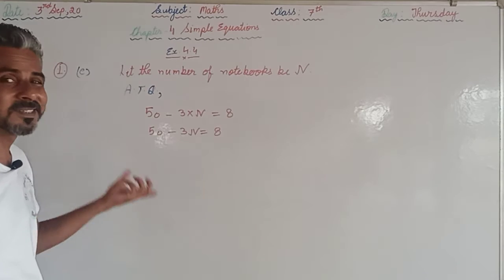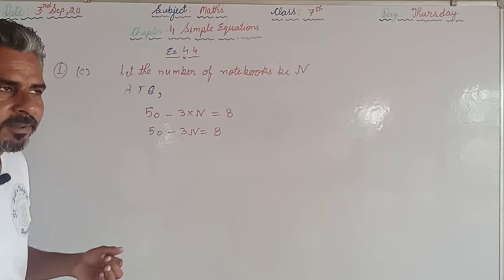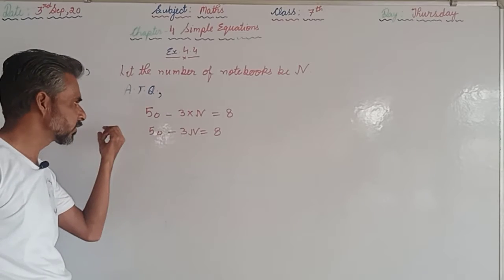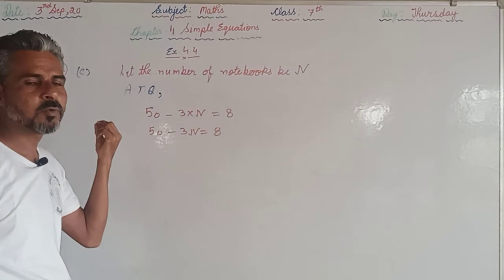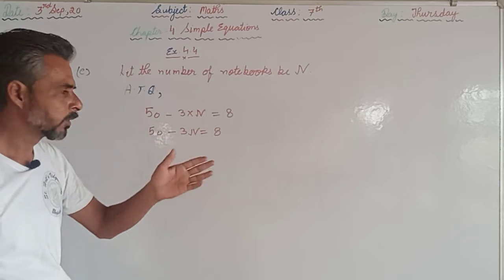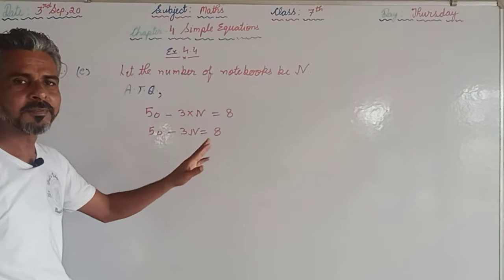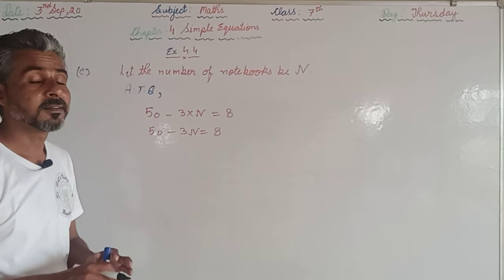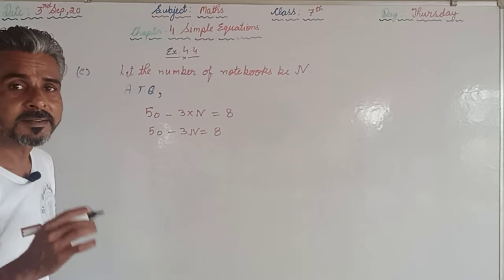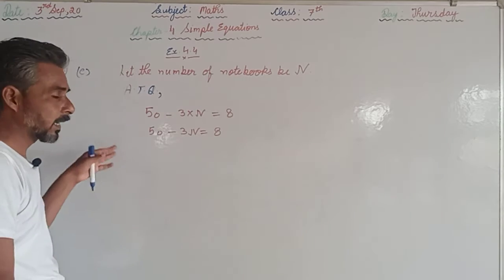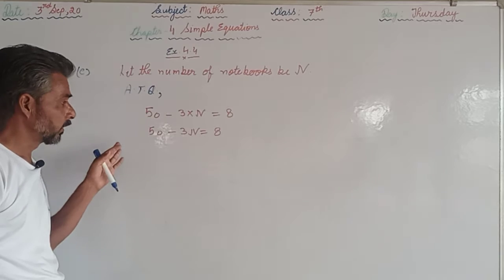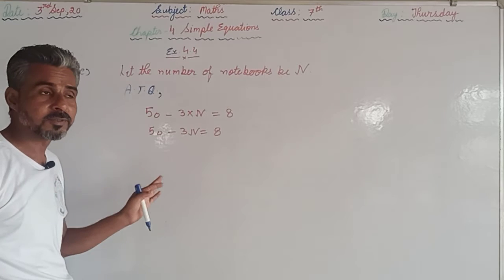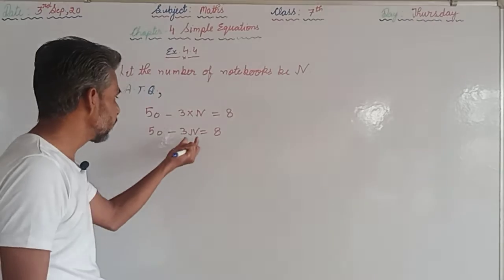Why is it simple? Because this is a linear equation in one variable. Linear means the degree is 1, there is no square, means there are no powers 2, 3, 4. Here the power is 1, and if no power is written, then that is understood, means n raised to power 1 is there. Now the second part we have to proceed, that means we are supposed to solve this equation. Solve this equation means we have to find the value of n.